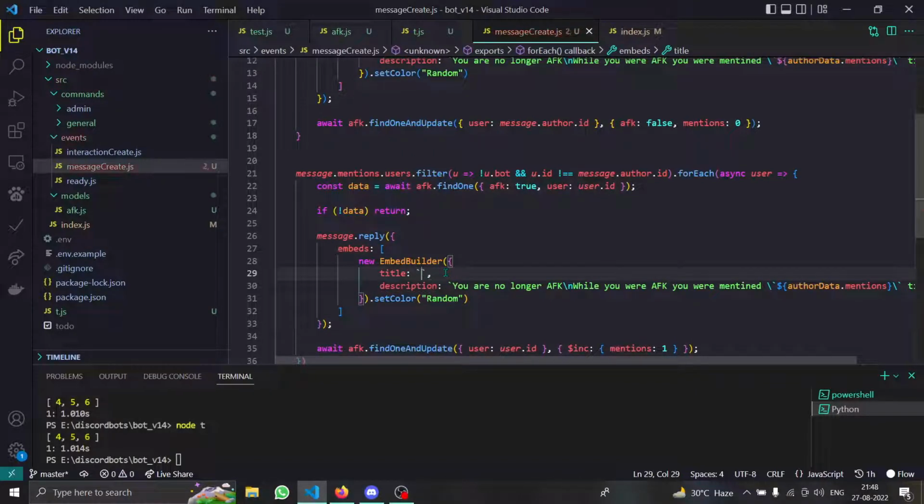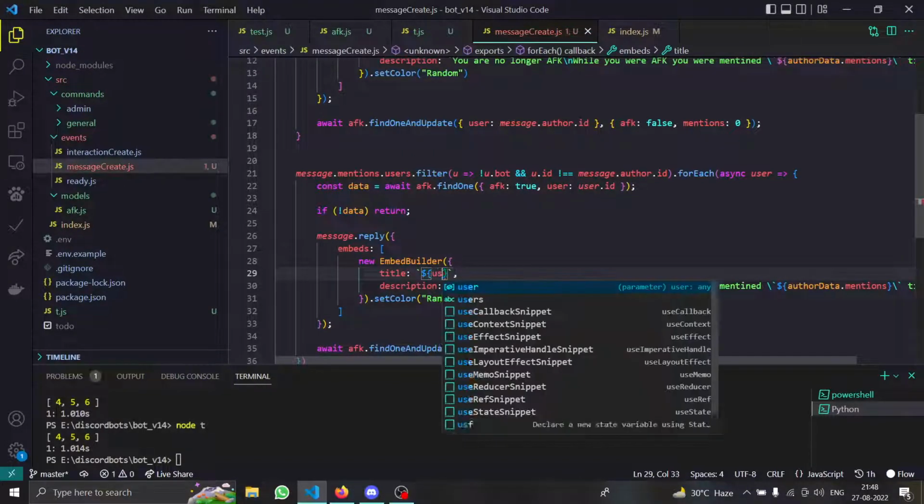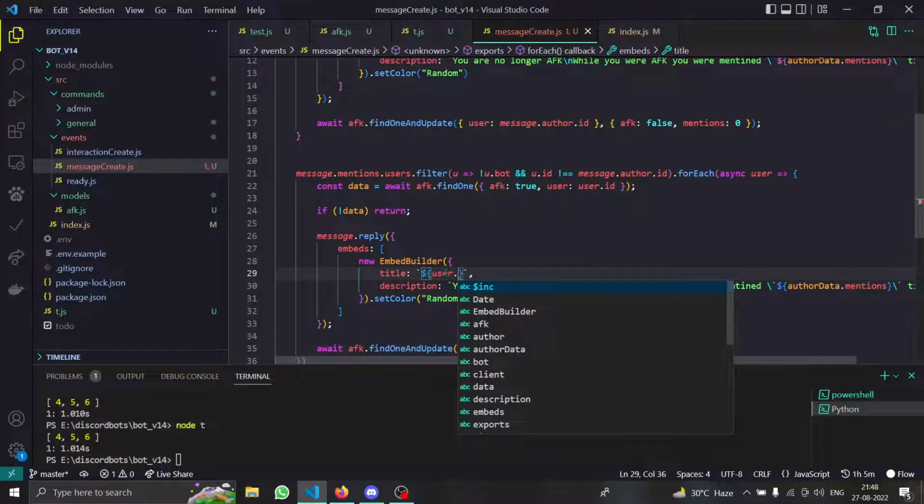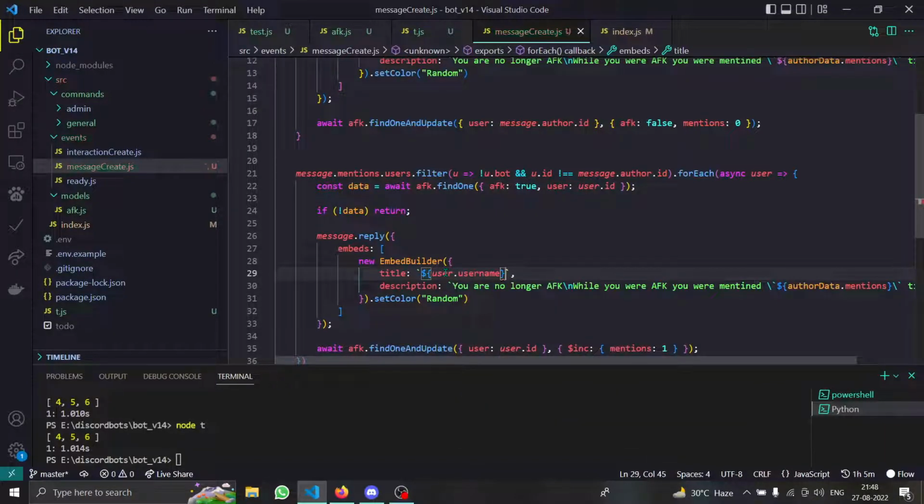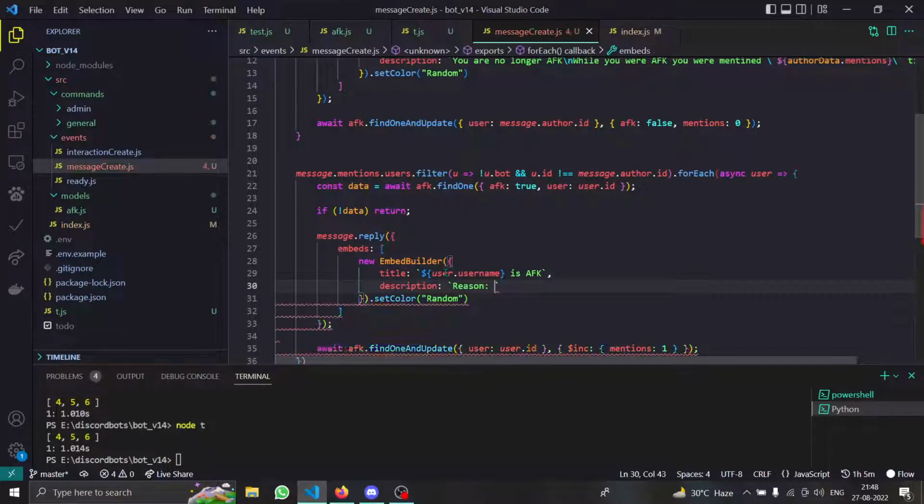Let's say dollar user dot username, or maybe I should do display name. No, that is a member property, is AFK. And for description, I can show them the reason. I guess reason will make sense. Reason, and then I can do